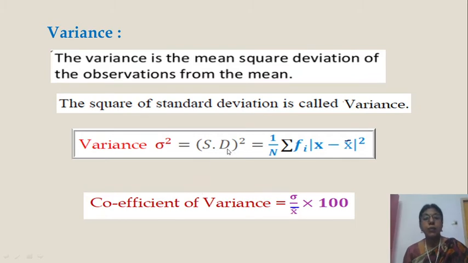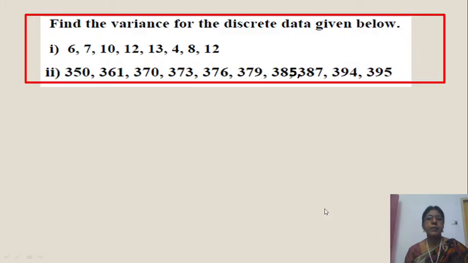Okay ma? We use different methods for SD. After finding SD, that is sigma, variance is just the square of sigma. Take the square of SD, you get variance. So use different methods for SD. What are those methods? First method, mean method. Second one, finding deviations d. Okay? Right. Coefficient of variance is sigma by x bar into 100.